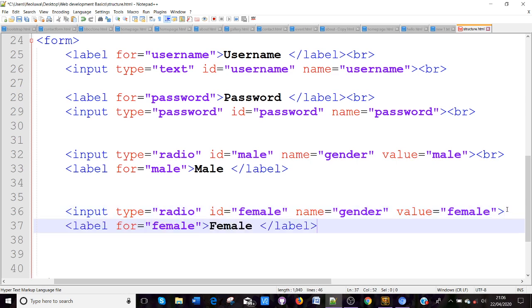You will notice that most of them, at least for text and password, are basically the same, similar things, and the thing that's really different is what is in between the type. This one type is text, this one is password, this one is radio. So when we put it that way,